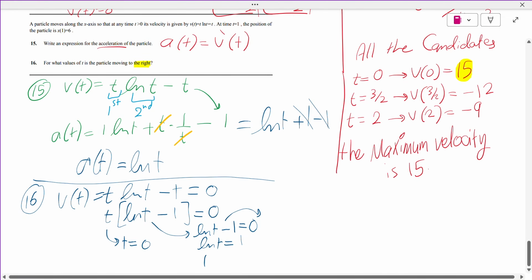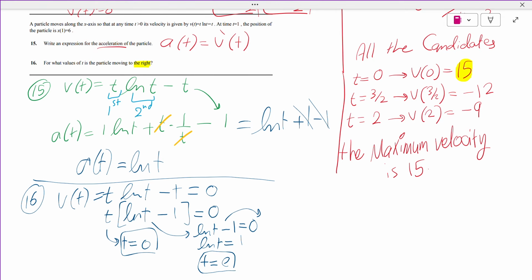When t equals e, because ln of e is equal to 1. So there are two t values, right? But what happens at t equals 0? The velocity is undefined because ln of 0 is undefined. So we can ignore it, right? Now, check the sign of v of t,